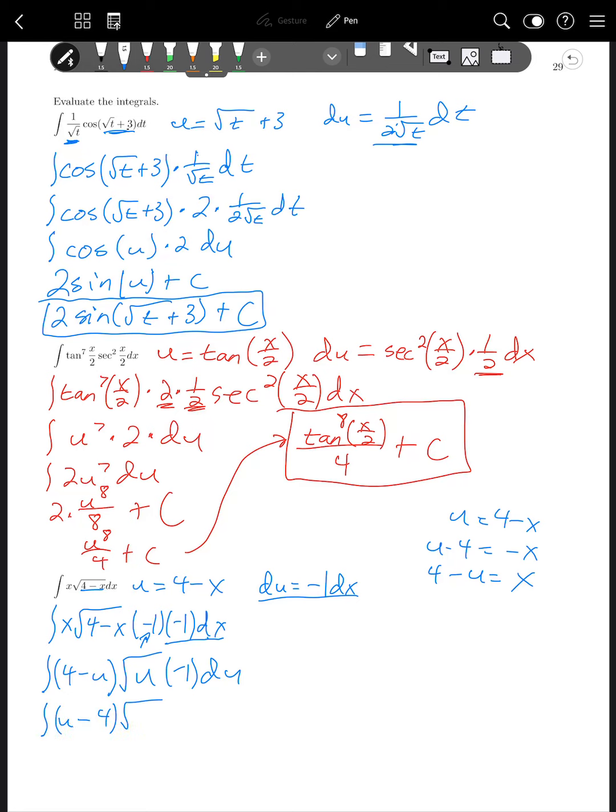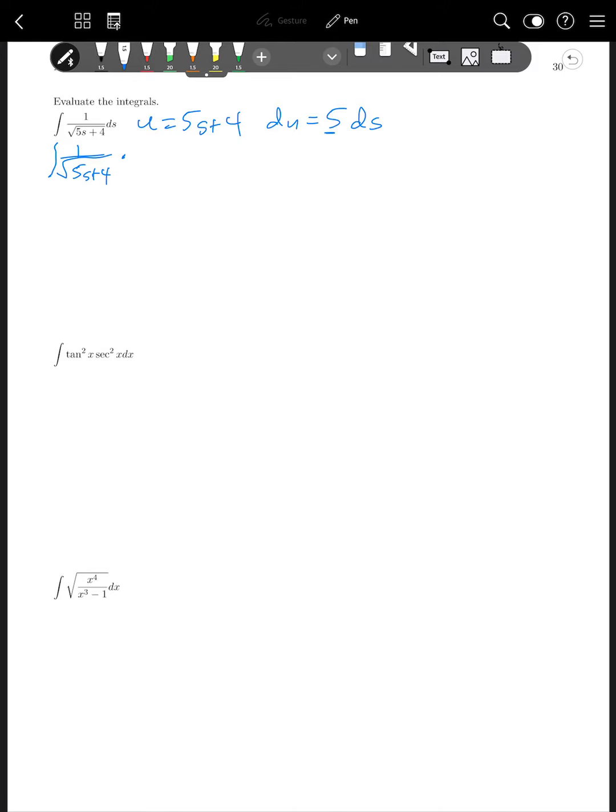So now what we're missing in this problem, though, is this 5. So that means I'm going to need to put that in. So this will be the indefinite integral of 1 over the square root of 5s plus 4 times 1/5 times 5 ds. And so now I've got my du in the problem. So now we substitute, and this will be 1 over 5 times the square root of u du. And now I'm going to rewrite this as an exponent so that it's easier to do the